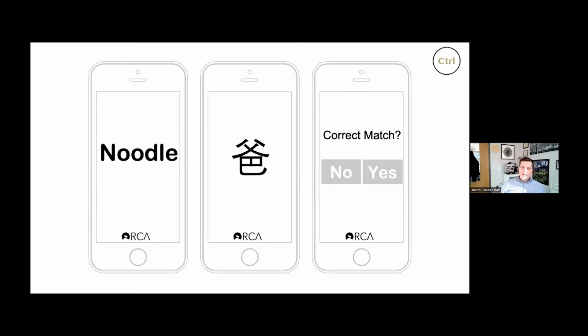The key thing about this task, though, is that they see the correct pairs much more often than they see the incorrect pairs. So just over time, they start to make the connection: oh, I see that with this one more often. And whether it's conscious or subconscious, that's another thing to debate, but people start to get it.